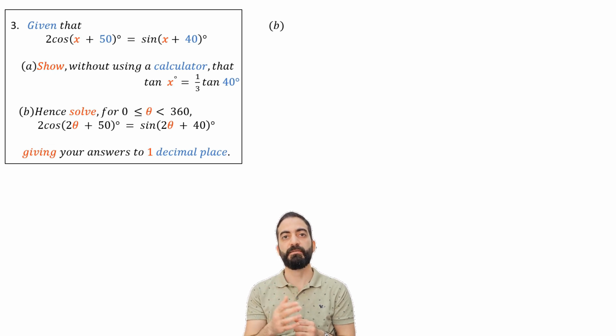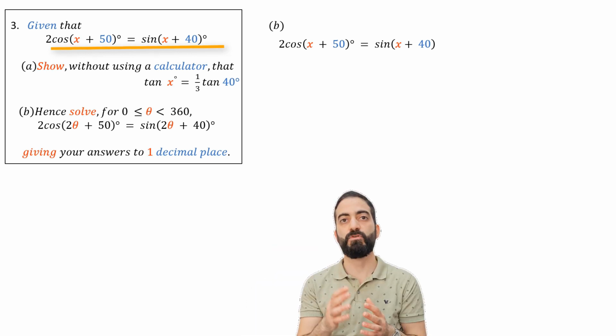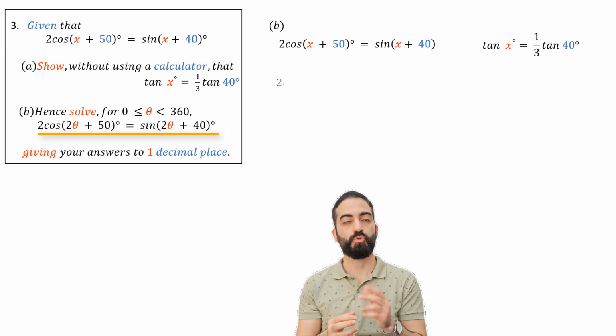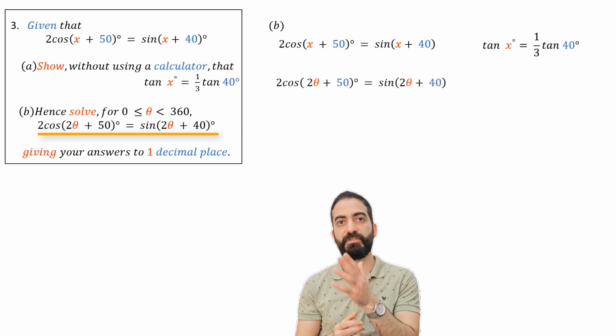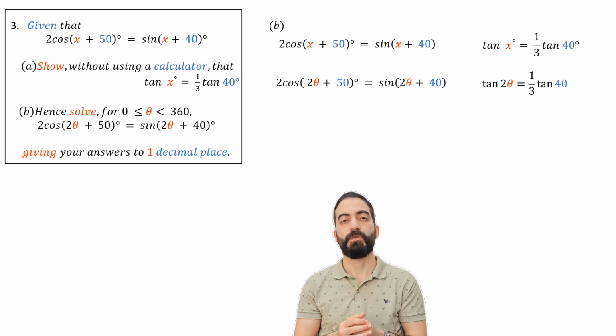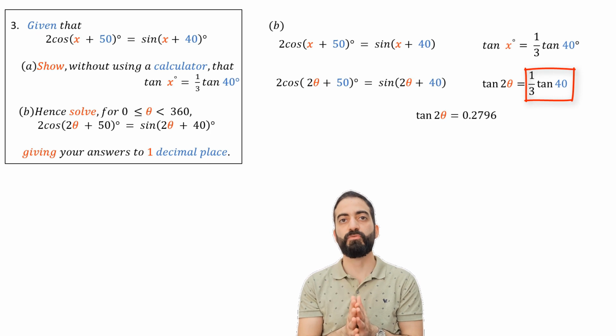We have in part A 2 cos(x + 50) = sin(x + 40). So we conclude from this that tan x = 1/3 tan 40. And here in part B we have 2 cos(2θ + 50) = sin(2θ + 40). We can also conclude that tan 2θ = 1/3 tan 40. Now, by using a calculator, we can calculate 1/3 tan 40